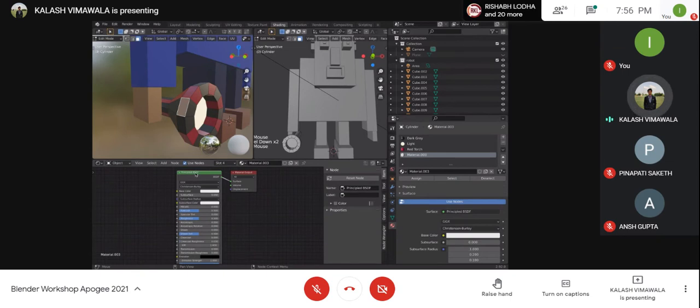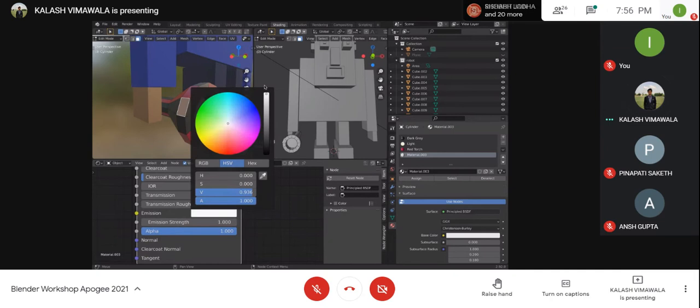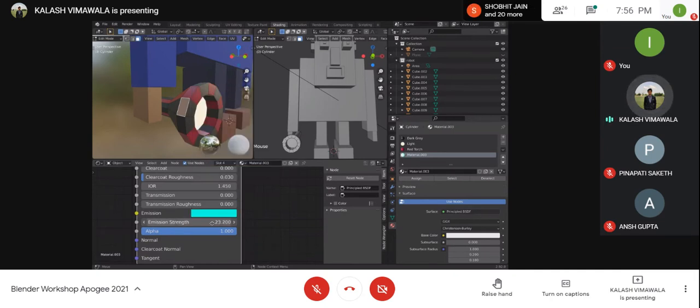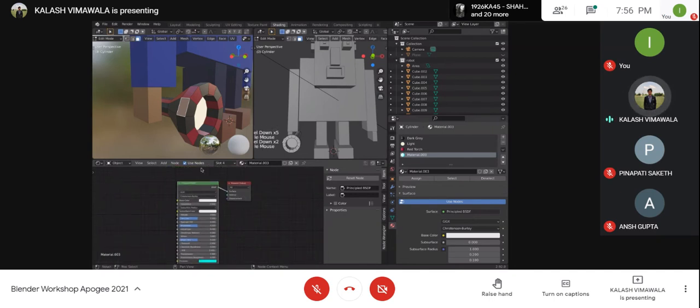If you want to give it emission, what you can do is simply add emission from over here. Say I want bright blue, and I'll give it a strength of around maybe 10. Now, till now, this material has not been assigned to this face. So this material has been created. I'll give it a name, light blue emission. But this material has not been assigned to any of the faces or any of the objects. So you can see it over here.